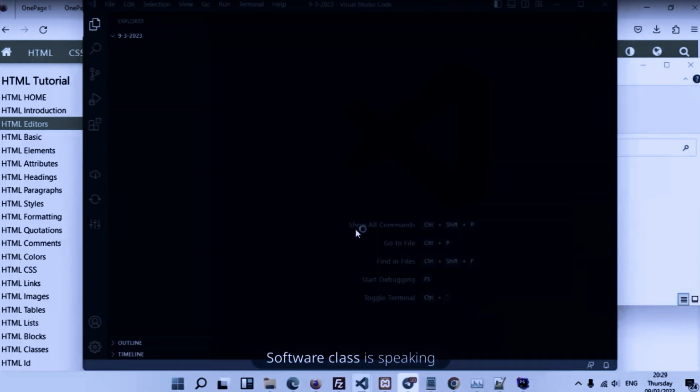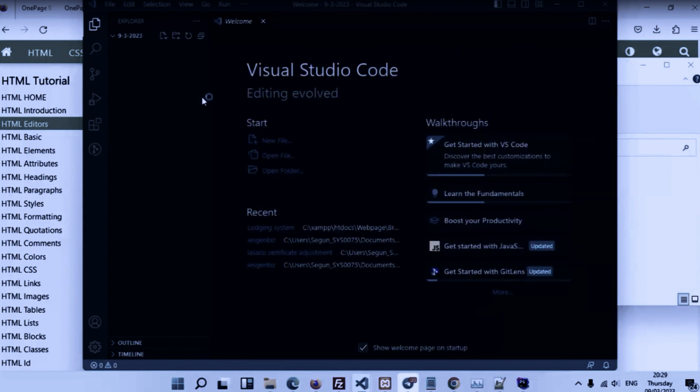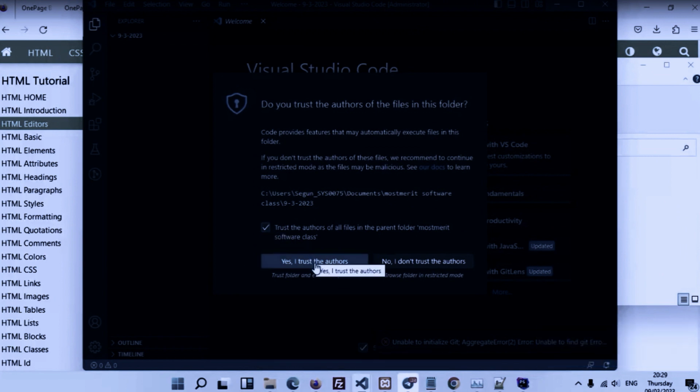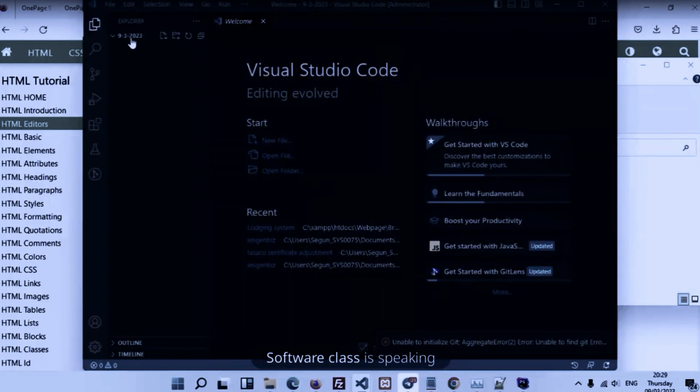Now what comes next is that I'll start creating my files here. It's asking us if we actually trust what we are doing, just for safety as well. So you start creating your file. The last time we had a class, I explained that whenever you want to start your web coding,